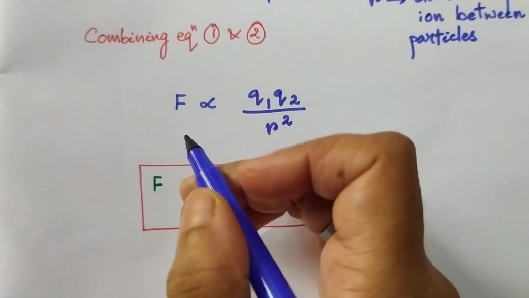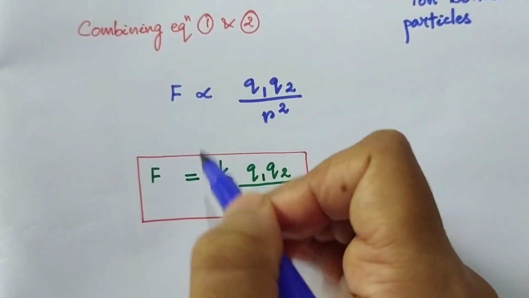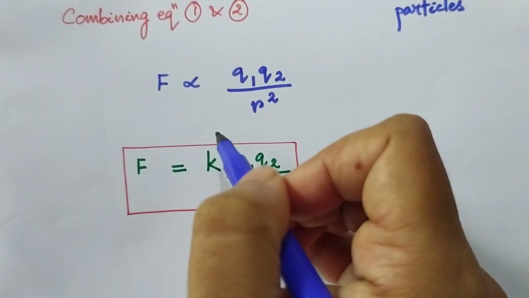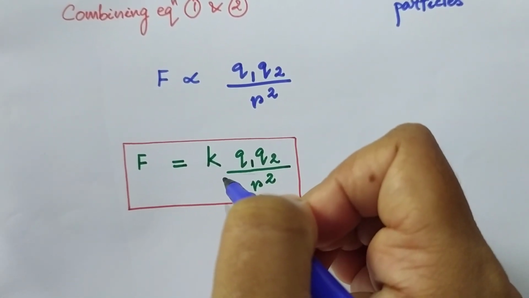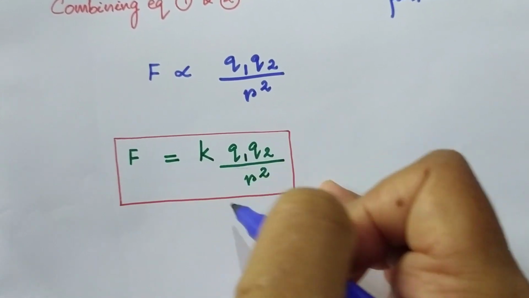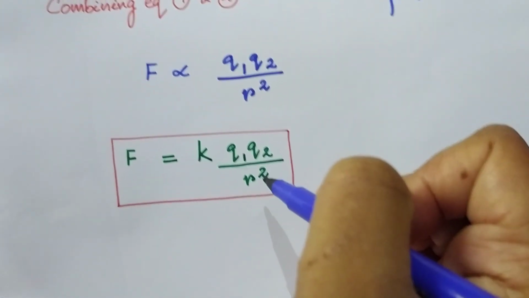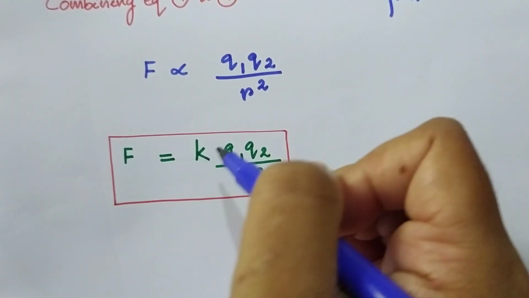Now if I want to remove this proportionality symbol, I should put an equal to sign followed by a constant of proportionality, and the rest of the thing will be the same. It will be the product with the rest of the thing. So F equals K Q1 Q2 by r square. So K is what? K is